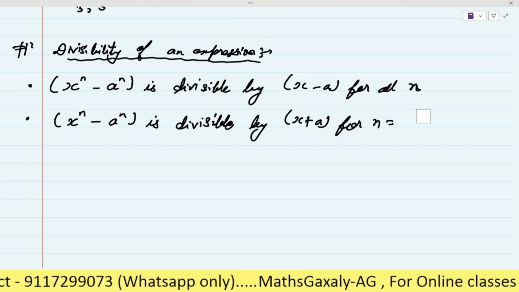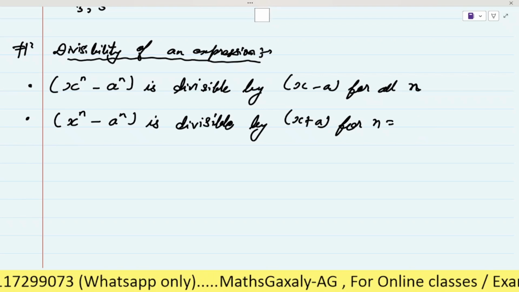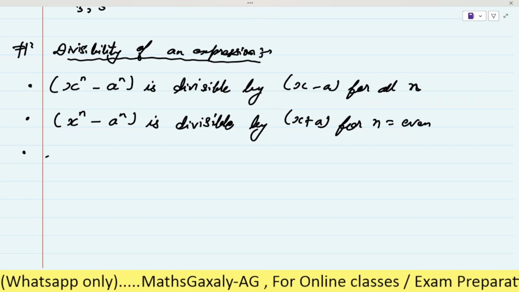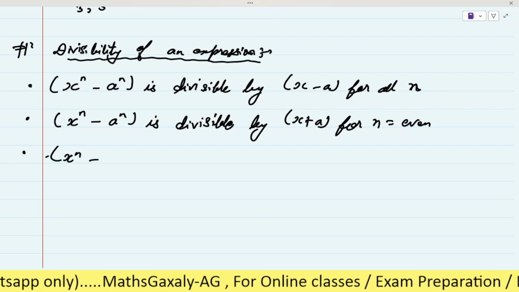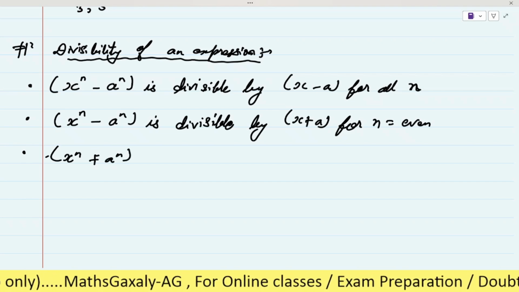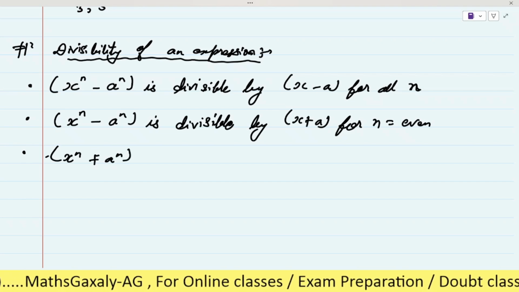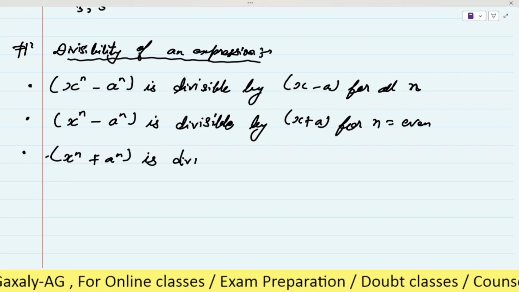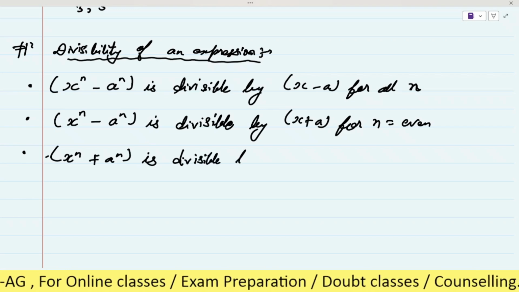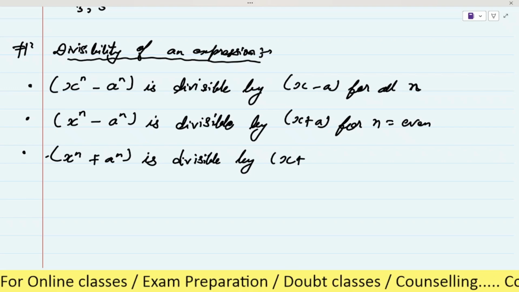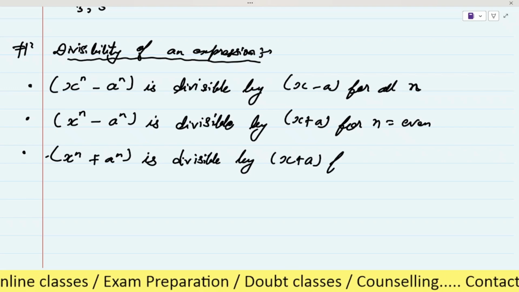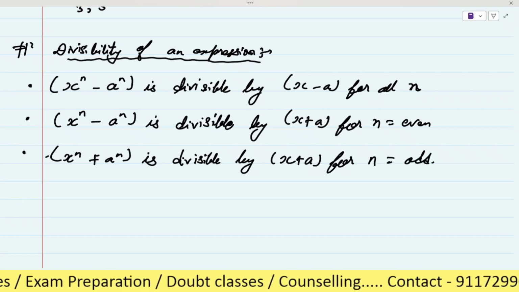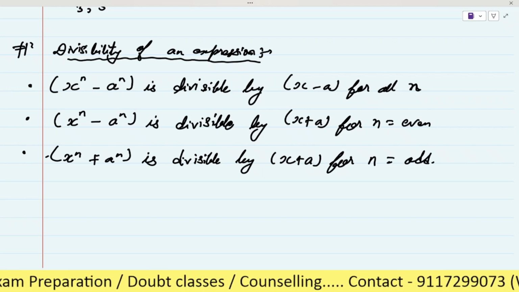And one more point, x to the power n plus a to the power n, it will be divisible by x plus a for all n equal to odd. Is it clear or any doubt?